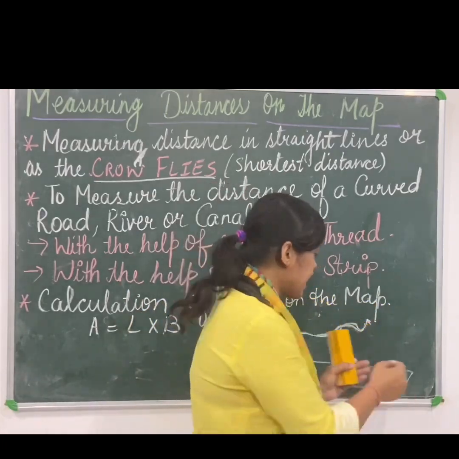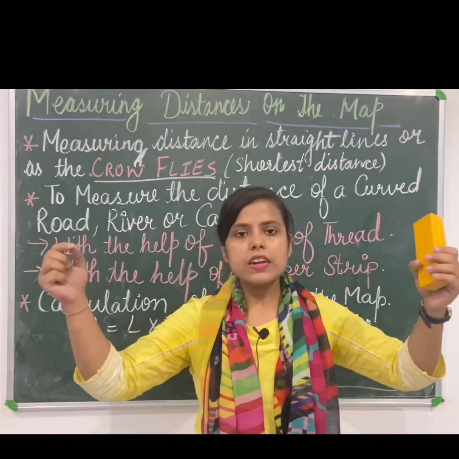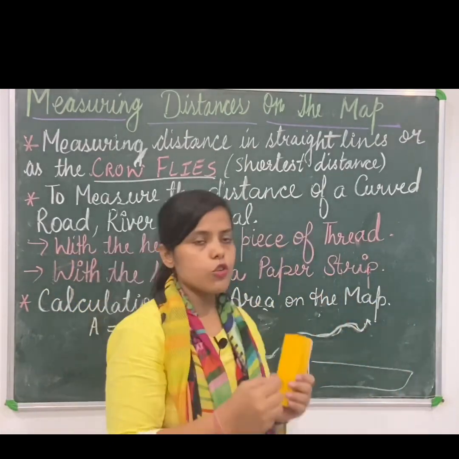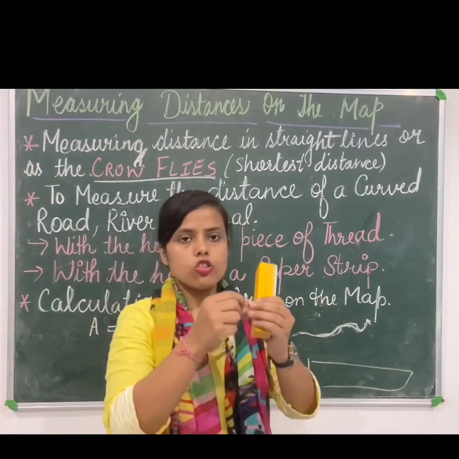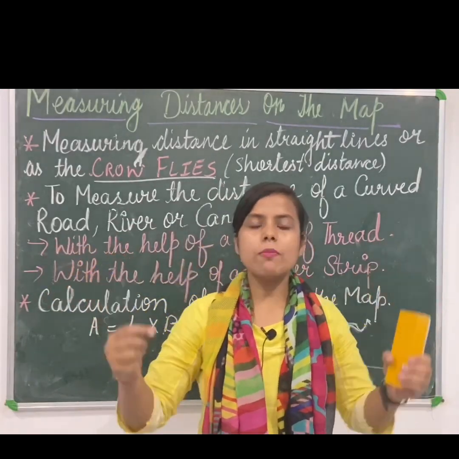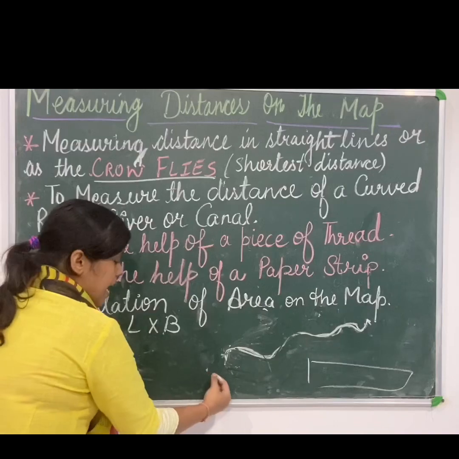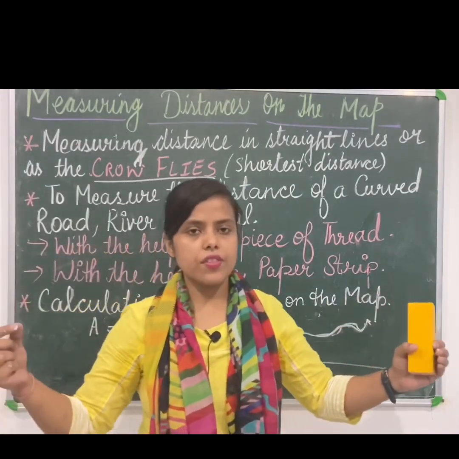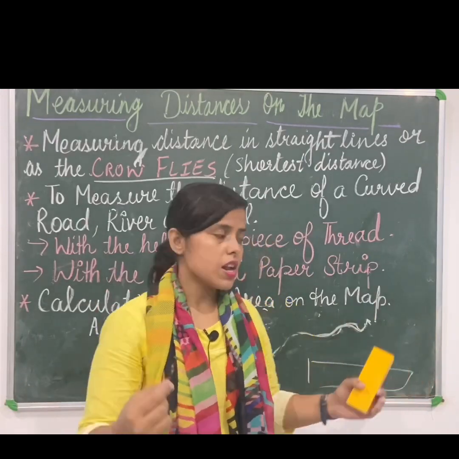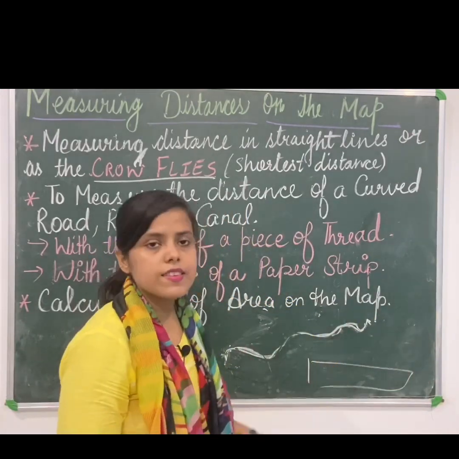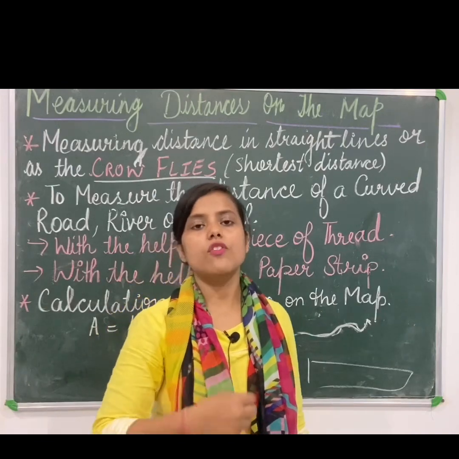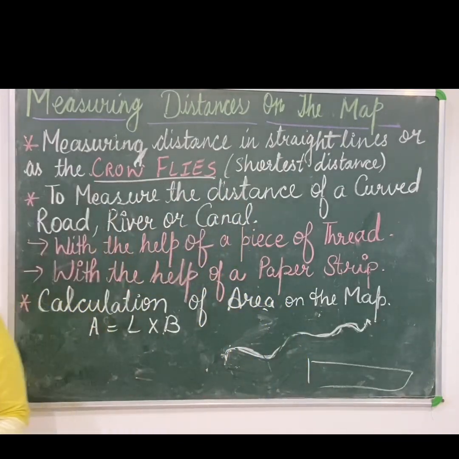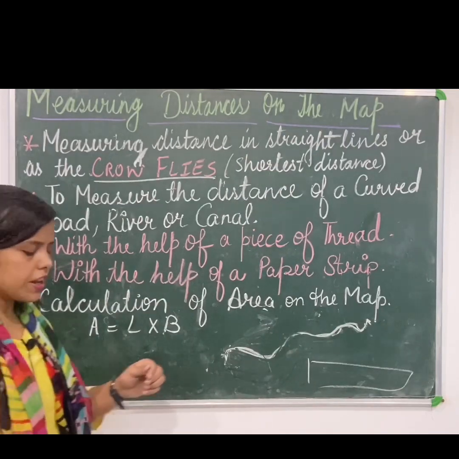And then you can take that thread and make it straight, because here you have put that thread in curved form. After marking, you will put your thread in straight form and then you will put that thread on the scale, and same way on the scale, if it is coming 5 centimeter, 6 centimeter, according to your linear scale measurement you will convert that centimeter into kilometer. See, I have one thread over here with me.